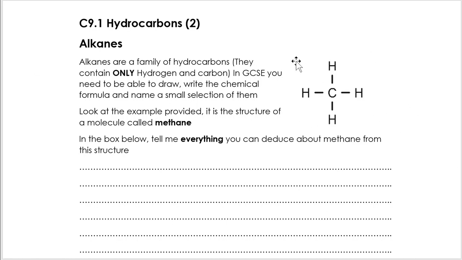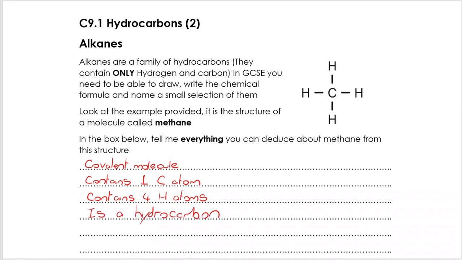So this is methane, and the question is, what do we know about it based on what's drawn? Well, we know that it's a covalent molecule. We know it's covalent because carbon and hydrogen are both nonmetals. We also know it's covalent because we represent covalent bonds with sticks between atoms. We know that each methane molecule contains one carbon. We can see it there. And we also know that it contains 4 hydrogen atoms. And because it contains carbon and hydrogen, but it doesn't contain anything else, we also know that it's